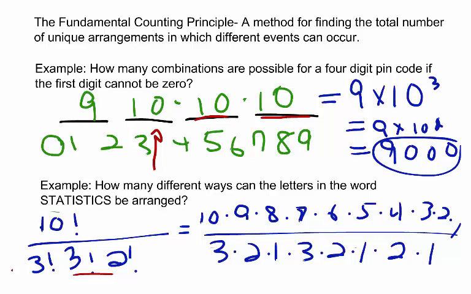Next, we cancel out common factors in the numerator and denominator. This leaves us with 10 times 9 times 8 times 7 times 6 times 5 times 4 in the numerator, and in the denominator, we have 3 times 2 times 3 times 2 times 2. Simplifying this expression, we get